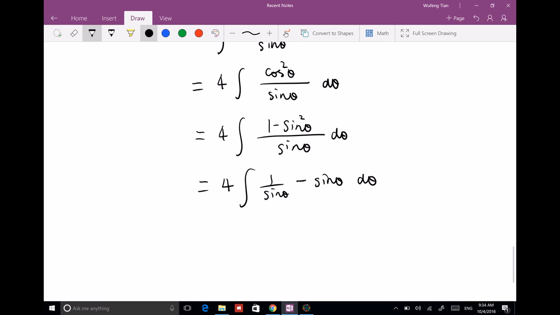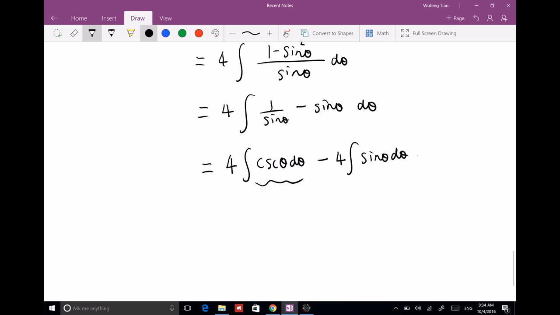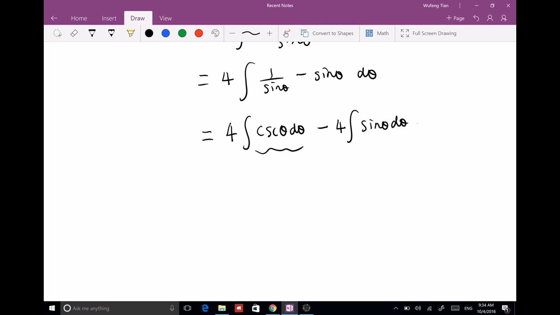Okay, very good. So now, our answer we're going to have 2 integrals. First is 1 over sine theta, which is cosecant theta, d theta, and minus, okay, we just do 4, because 4 is on the whole integral, so if you separate it, we would like to separate both, so 4 sine theta d theta. Okay, alright, so this one, many of you probably don't memorize the formula for cosecant theta, but secant